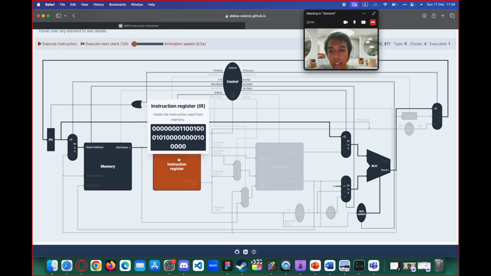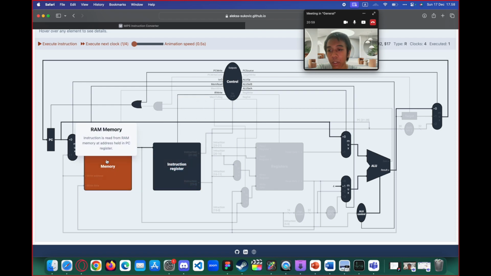The instruction register in the first clock will hold the instruction that is read from memory. The instruction is read from the memory, or DRAM, and the instruction register knows it.